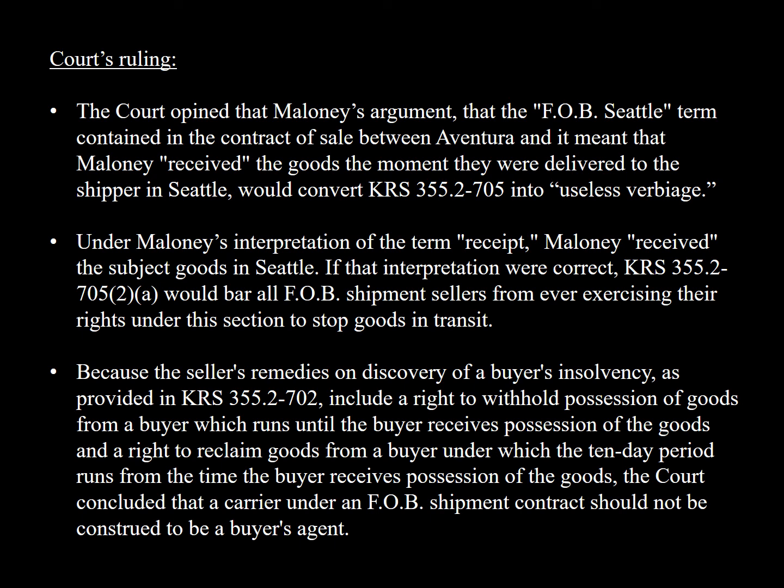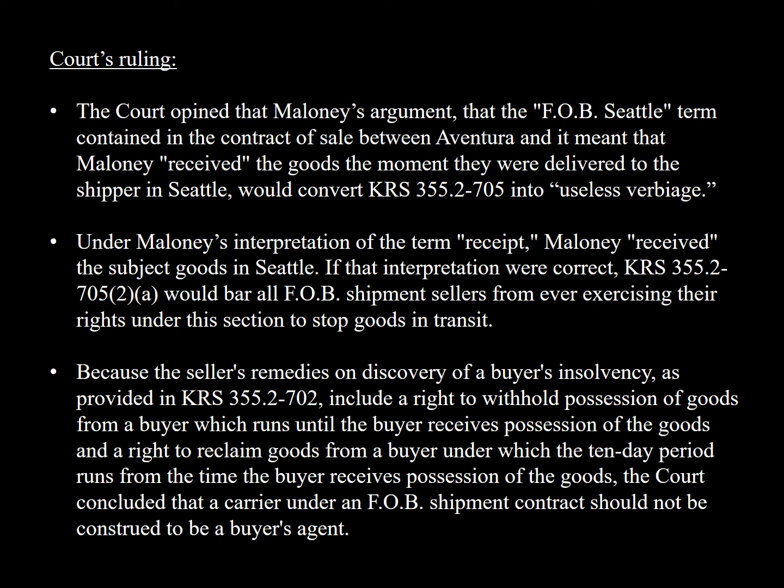If the court interpreted it as the debtor wanted it interpreted, then state law essentially would be gibberish. So that doesn't make sense. So that was the court's conclusion. And the important takeaway here is that this is an issue that may be litigated. And the important takeaway is the court's going to look at the state law and see how the state law defines receipt. In Kentucky,